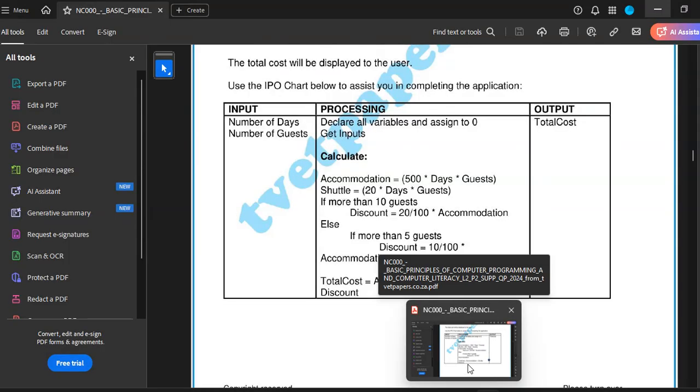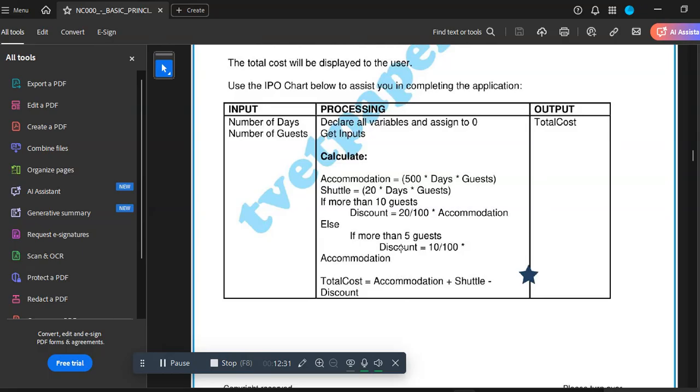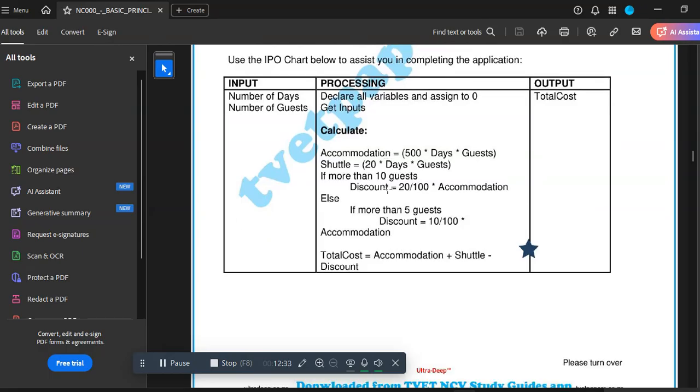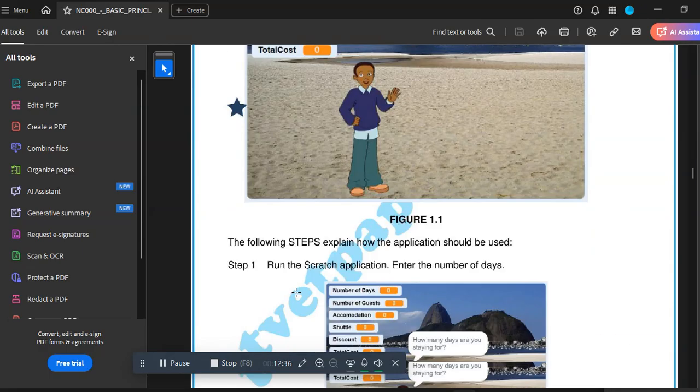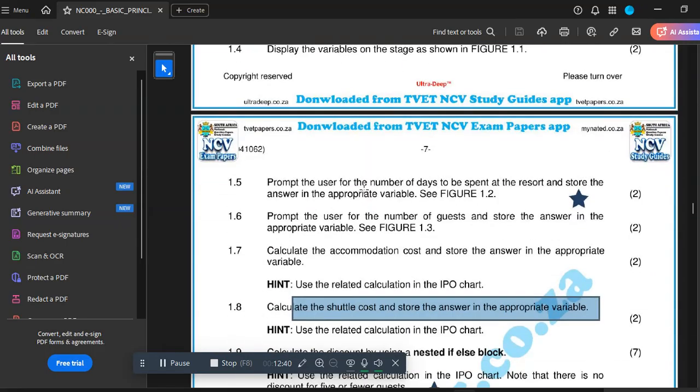Then after number of days, it is number of guests. So that's how you calculate shuttle. So next, after calculating the shuttle,